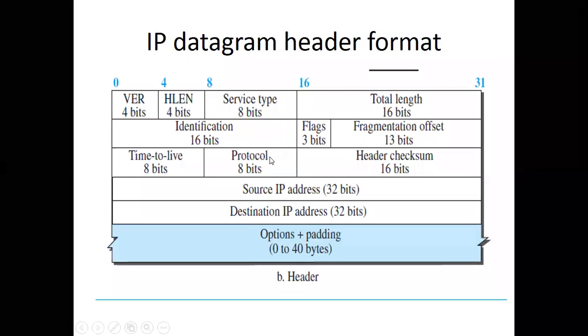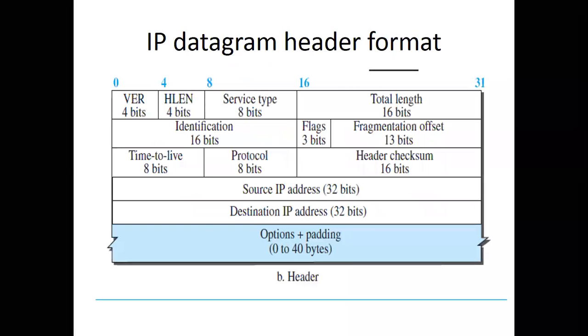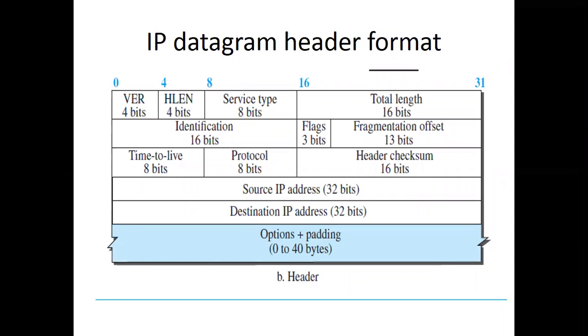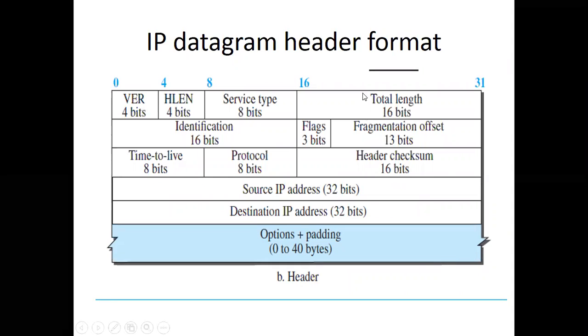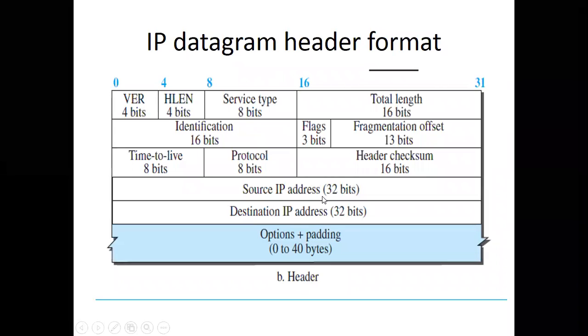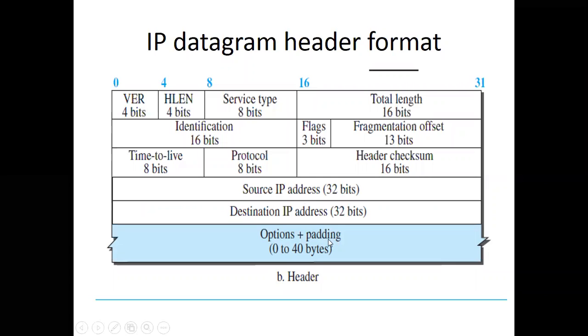Protocol field: there are multiple protocols supported by the IP datagram: ICMP, IGMP, TCP, UDP, OSPF, that is Internet Control Message Protocol, Internet Group Management Protocol, Transmission Control Protocol, User Datagram Protocol, and Open Shortest Path First protocol. These protocols are used for the services of this IP datagram. Header checksum is used for checking data errors in this header. Source IP address and destination IP address are the sending and receiving machines' IP addresses. And there are the options, which can be up to 40 bytes.